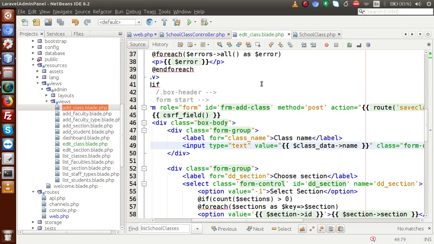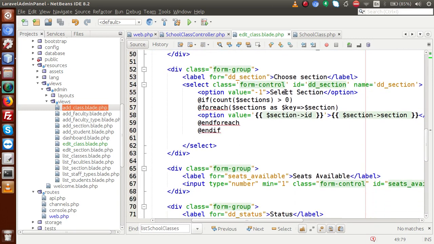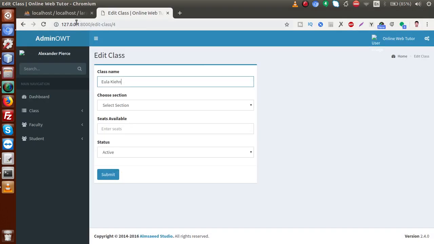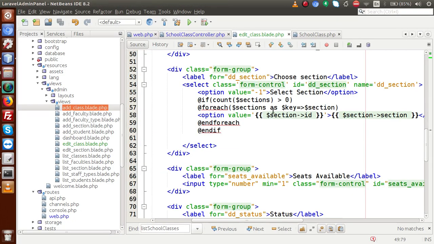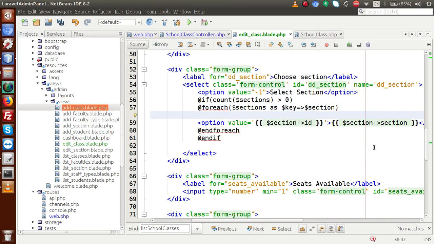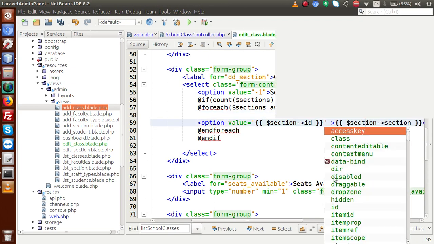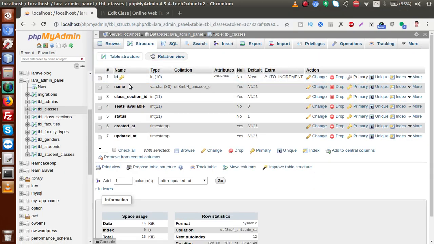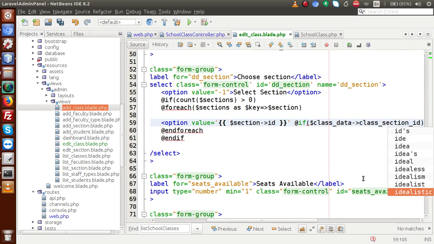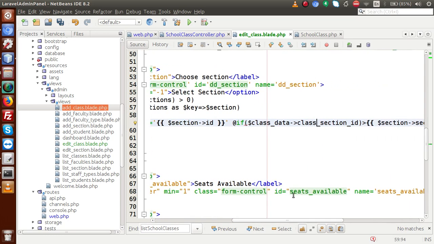Back to editor. Now we have to do this choose section. As we know, inside this class table we have something called class section ID. So back to editor, and here we can use the same procedure. So let's say if class data, and this is the class data where we have a variable called class section ID. So if I copy this column name, back here, and let's say that this is all about class section ID. If this ID equals this section ID,